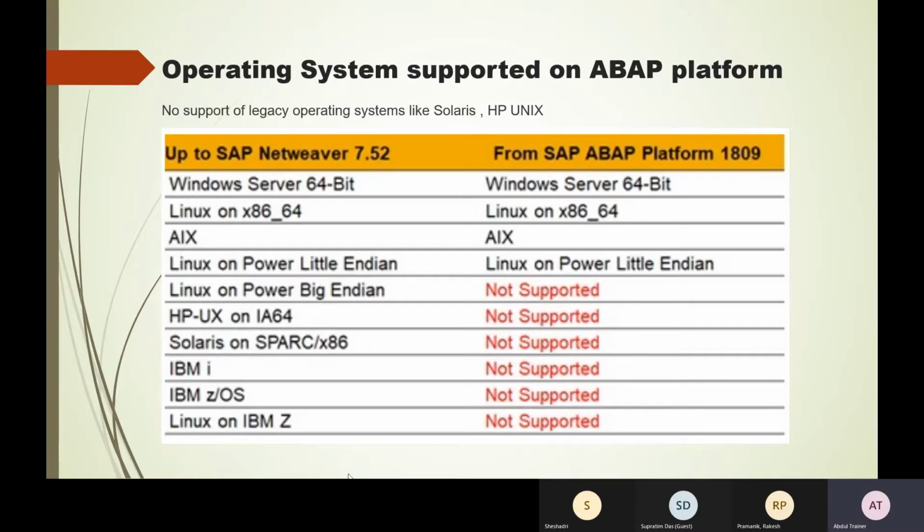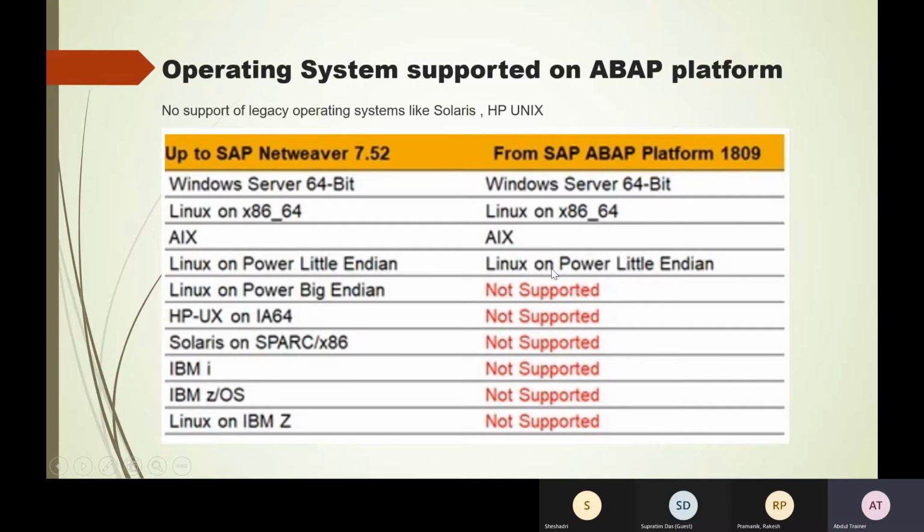If you see here, up to 7.52, up to SAP NetWeaver 7.52, you can install the SAP S4HANA application, not the database, on Windows, Linux, AIX and others. But from SAP ABAP platform 1809, you can install the S4HANA application on Windows or Linux or